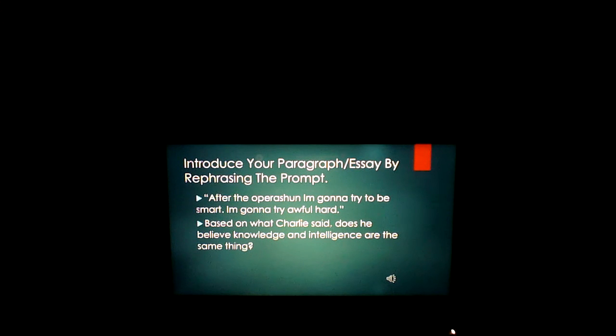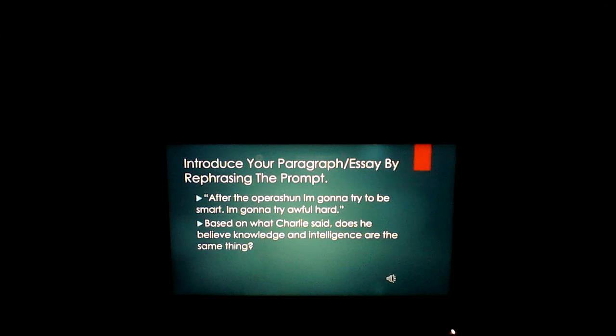All right, let's get started. In every good essay, you want to begin with an introduction. Not just any introduction, a strong introduction. What can make your introduction strong? Restating the prompt. Keep in mind that the reader does not know what your prompt is. And so you have to write your introductory sentence so that the reader will know what the prompt said.